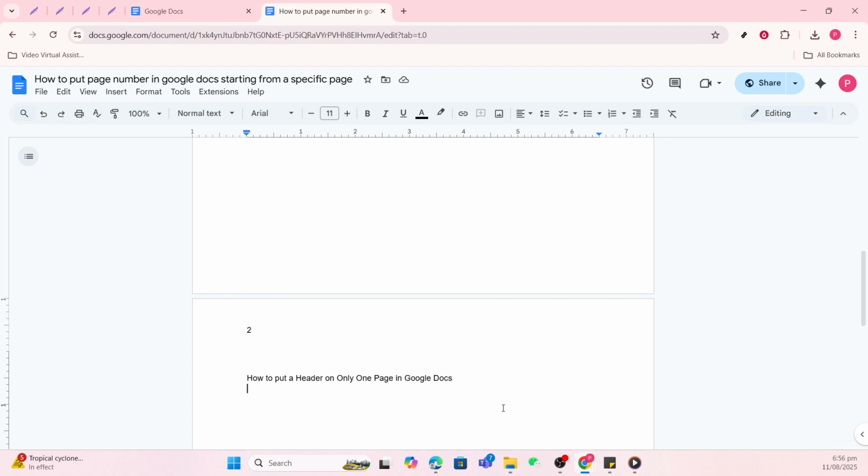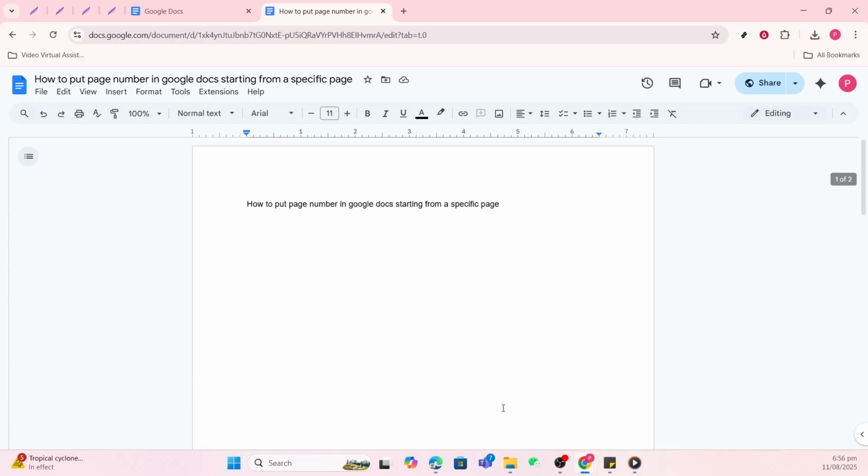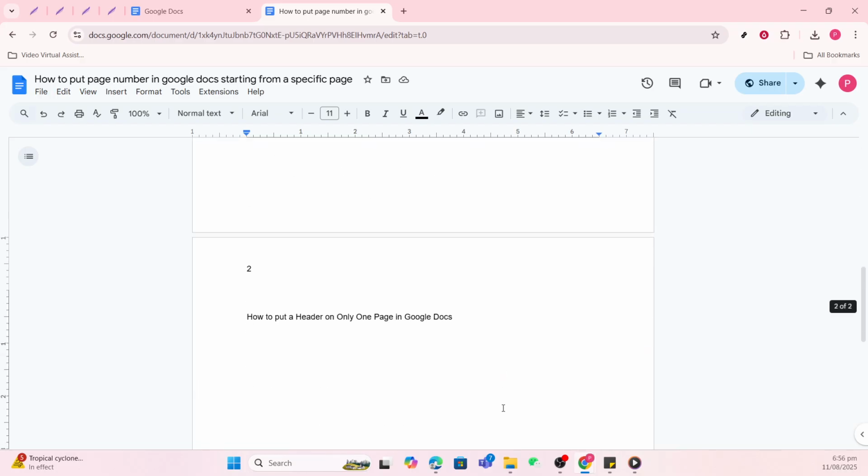And there you have it. Your document will now have page numbers starting exactly where you want. This method provides a clean and professional look to your projects by ensuring your pages are formatted just the way